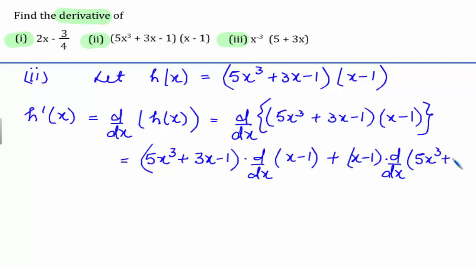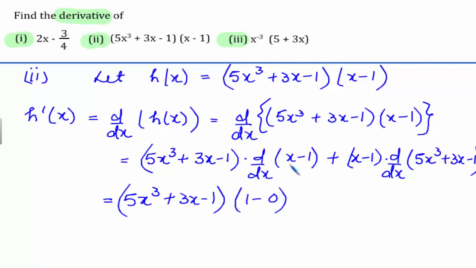Now this is further equal to 5x cube plus 3x minus 1 into, now the derivative of x minus 1 with respect to x is 1 minus 0, since the derivative of the difference of two functions is the difference of the derivatives of the function, and here derivative of x with respect to x is 1 and derivative of 1 with respect to x is 0, since 1 is a constant,